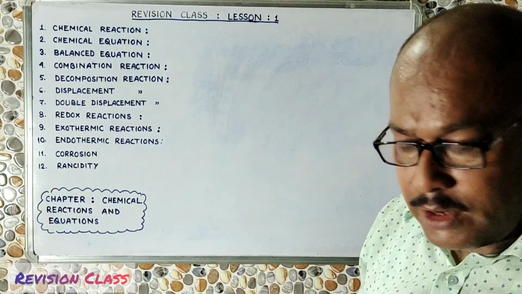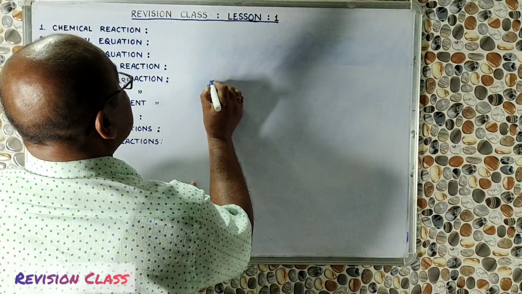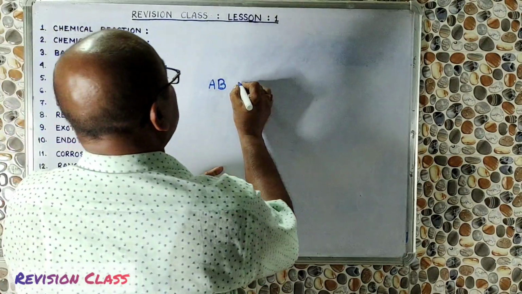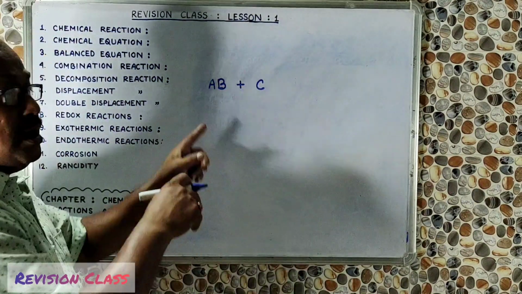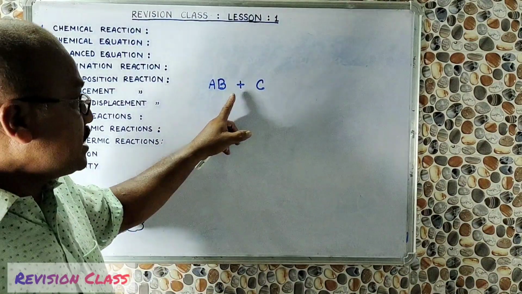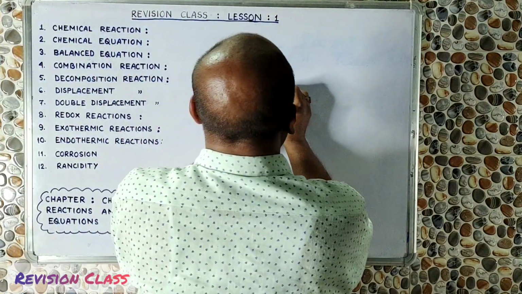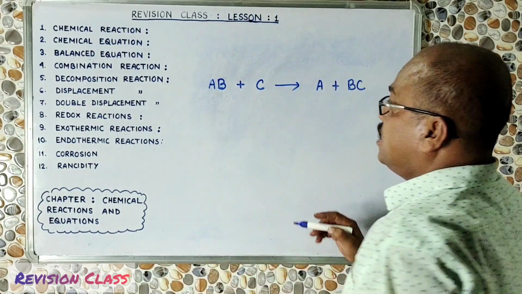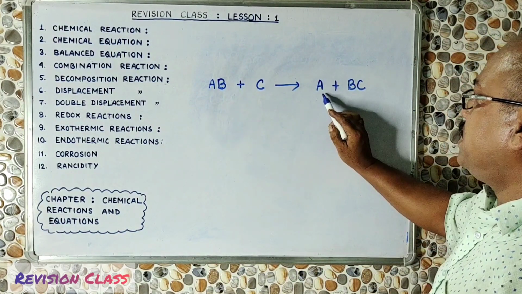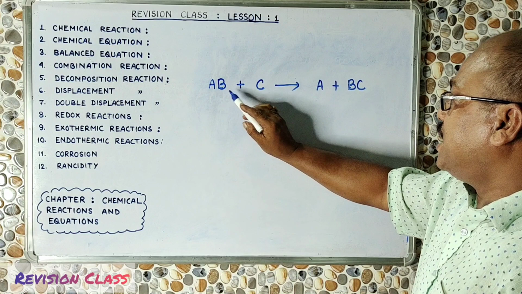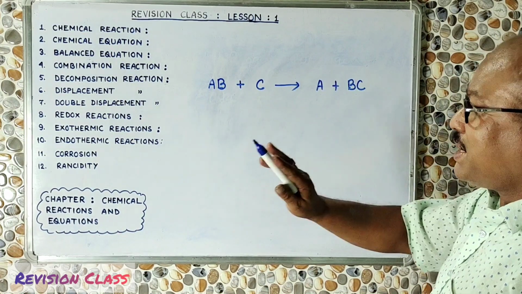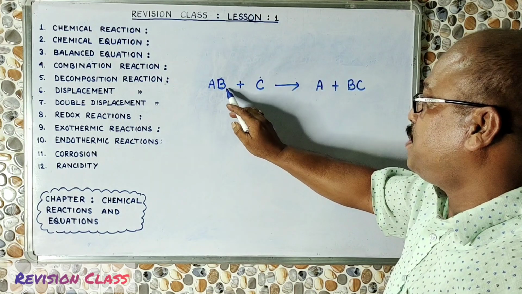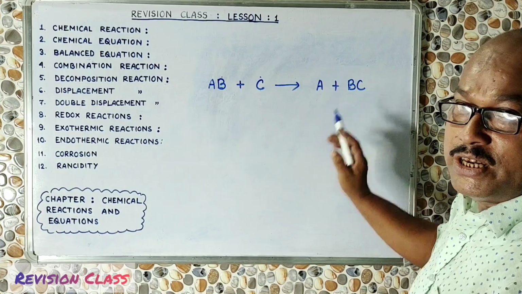Displacement reaction. In this displacement reaction, we will see, say AB is a particular chemical substance, and to this product we have added C, another one. AB is one chemical substance, and to this we have added C, and then after the chemical reaction is finished, we get A plus BC. So what could you see here? A and B were together, but now A is alone and B has combined with C to produce BC. So what can we see? It means that C has displaced B from AB, and as a result BC is produced.